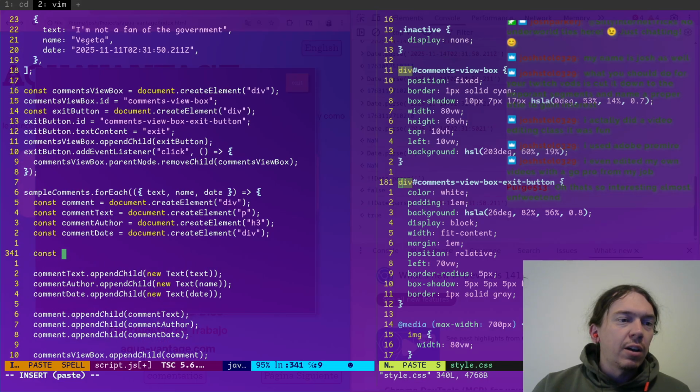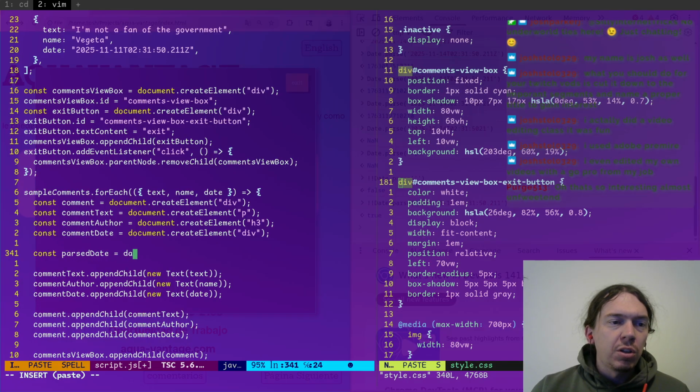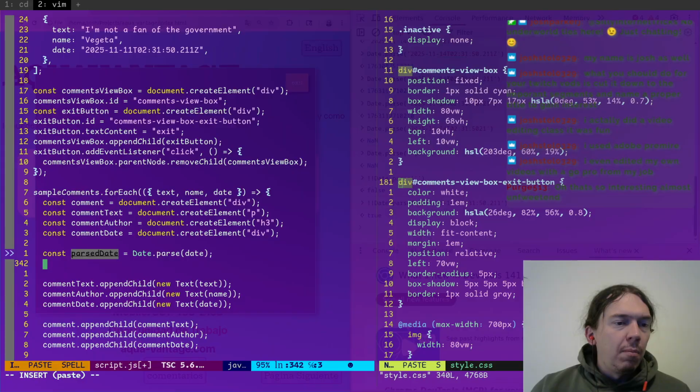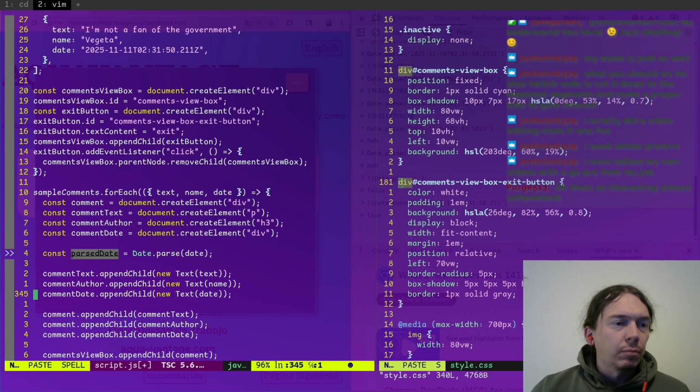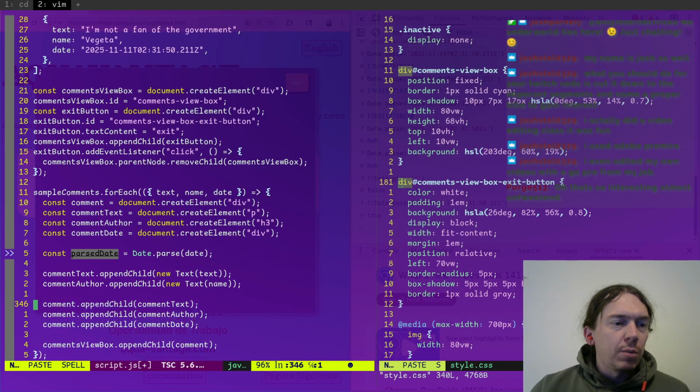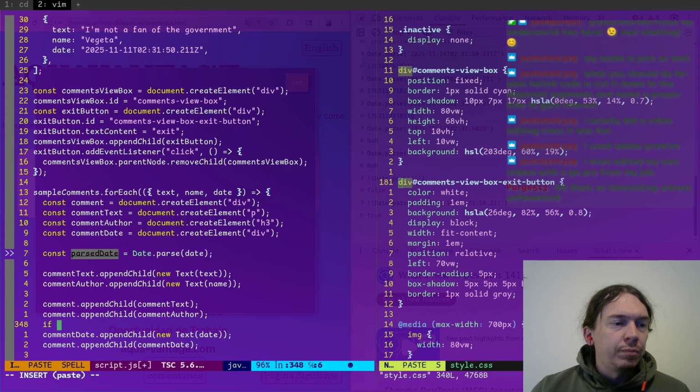So here I'm going to say const parsed date equals date parse date. So I'm going to move these down. I'm going to say if parsed date, then I'm going to do these.